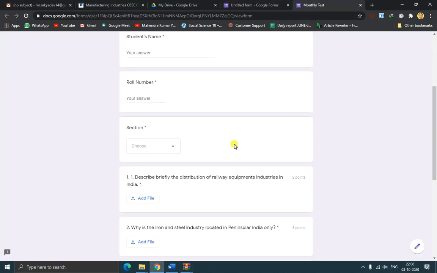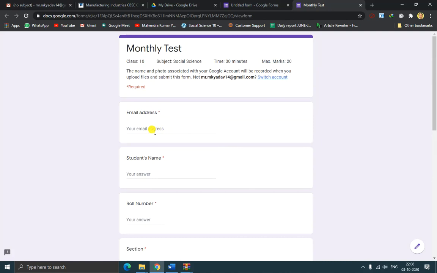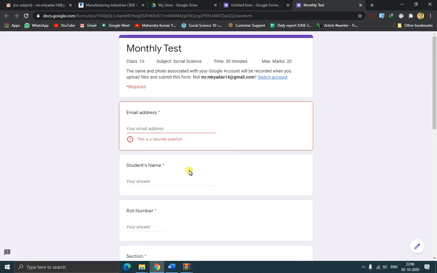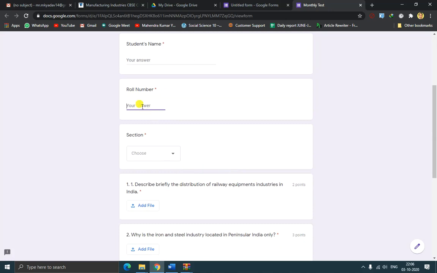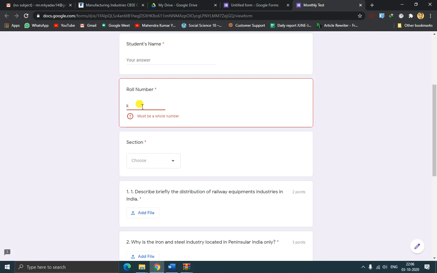See, the student will write here the name, meaning email ID, student's name, roll number. As we chose roll number in whole numbers, if the student writes any text it will not be accepted.